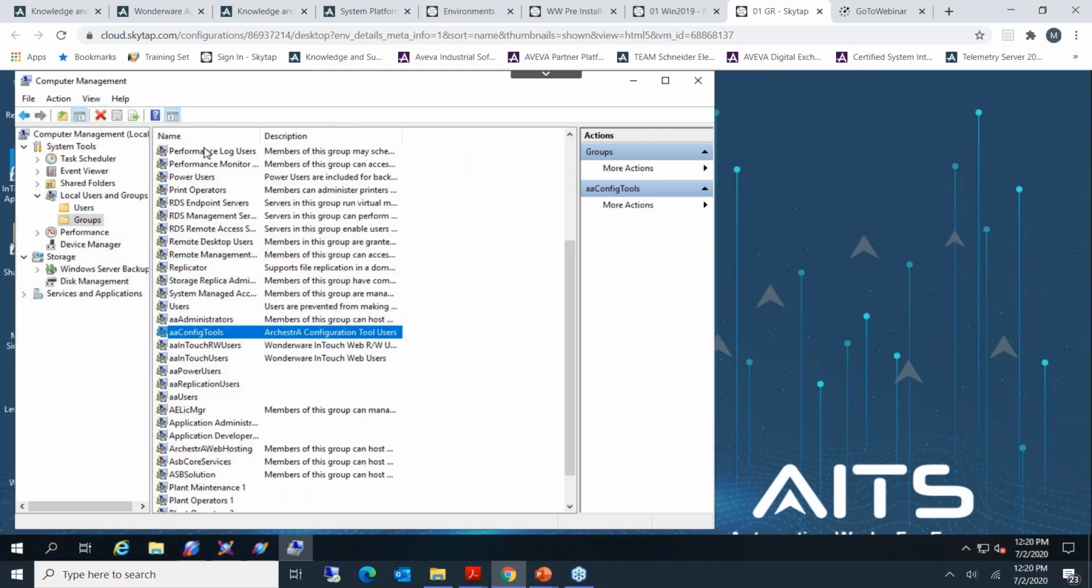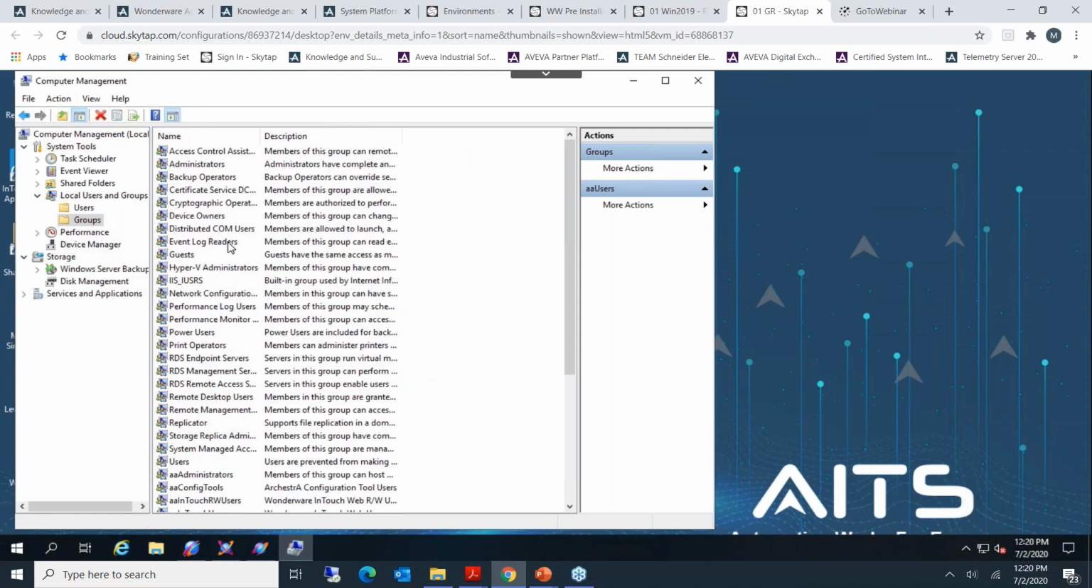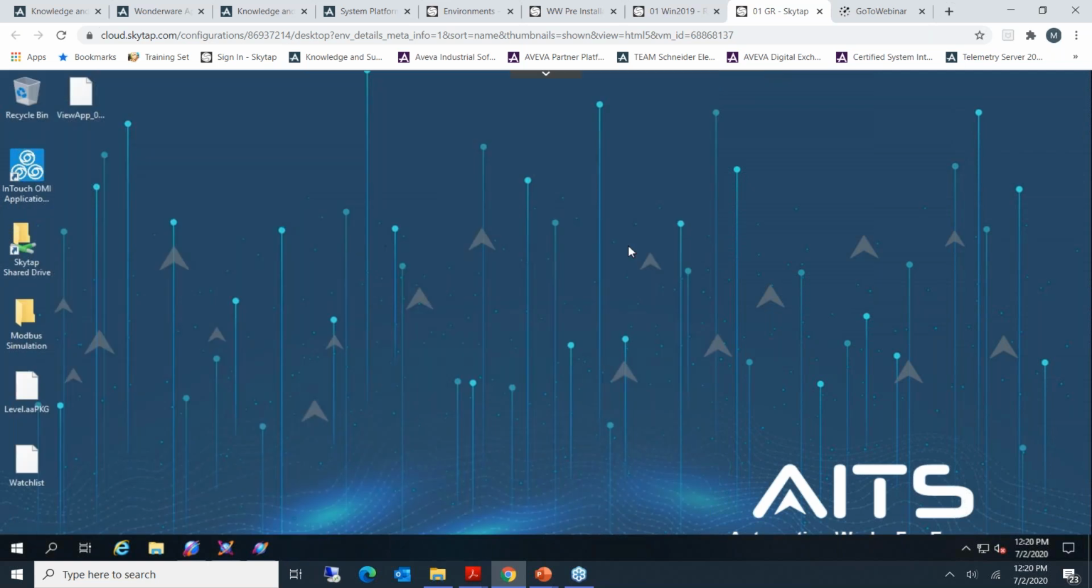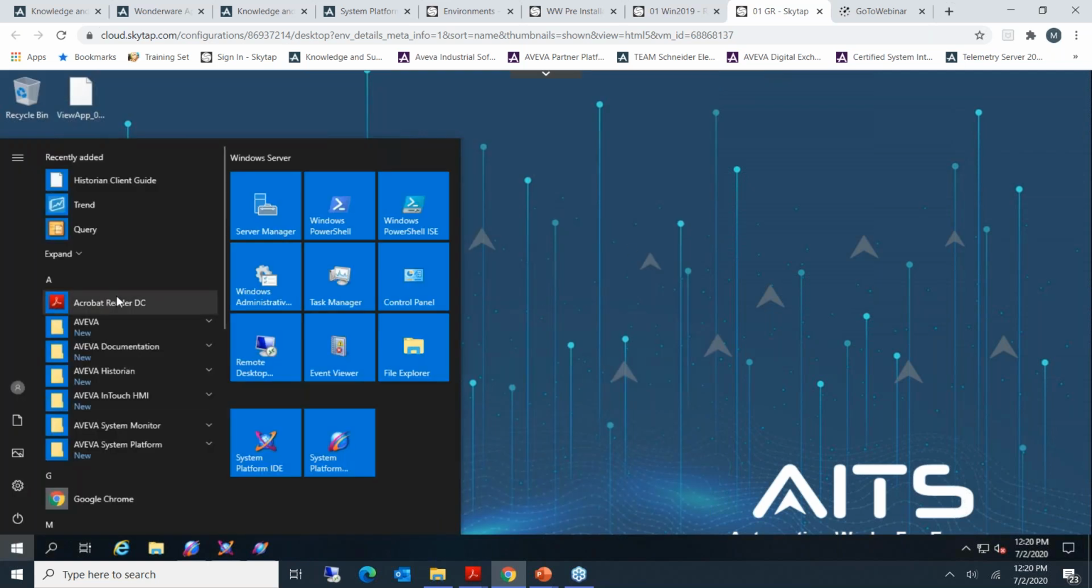This is regarding the computer management, you can find it here and add your user. Depends, is it a power user, or a user, or regarding the system administrator or power user. But after the installation, right away, there will be